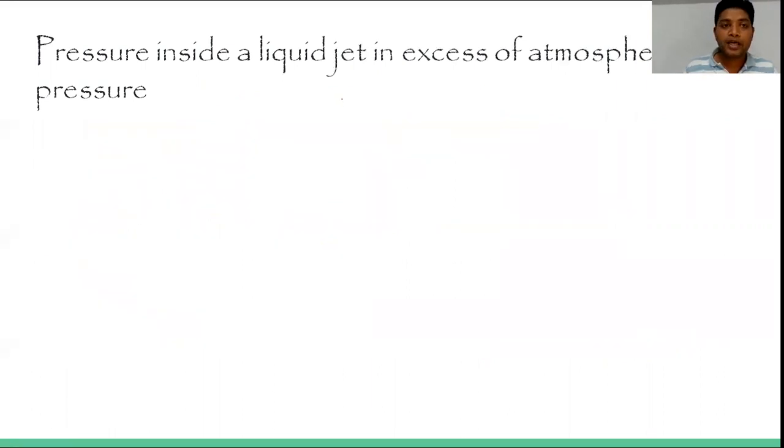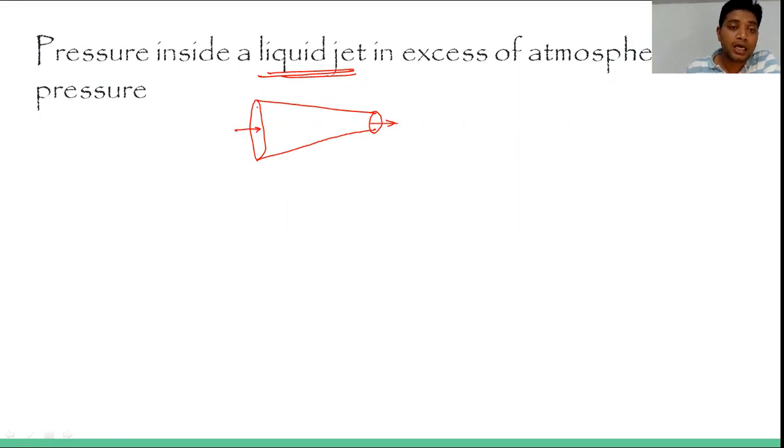Now the next example we are taking is based on the liquid jet. Now a liquid jet generally क्या होती है कि taper होती है, but here we are not assuming that taper section, because if you see the velocity ratio from here to here, it is quite high in comparison with this area ratio. So we are just assuming that this is a cylindrical jet.